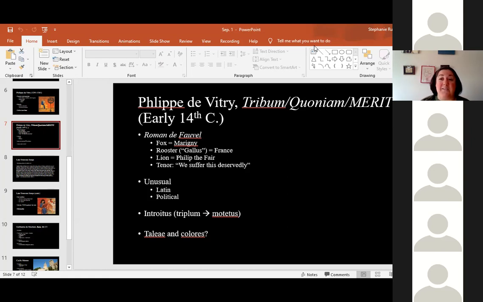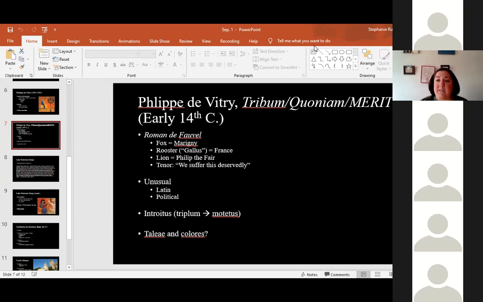So these textual associations feed into each other. Remember at the beginning of class, I said the upper voices comment on the original chant and back and forth too. So in this case, the chant comments on the story that is told in the song. So the relation among the 3 different texts is the key to understanding this motet. Now, the motet is unusual for a couple different reasons. First, because the upper voices are in Latin.